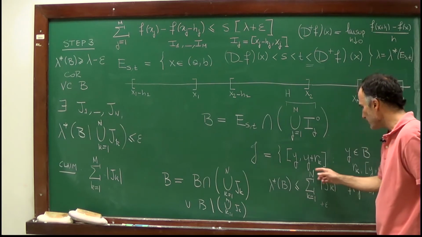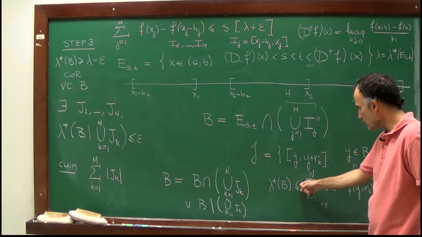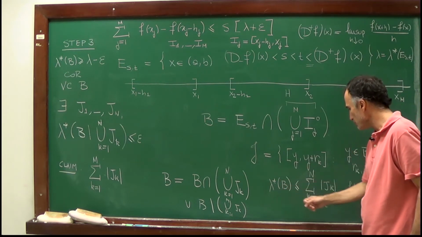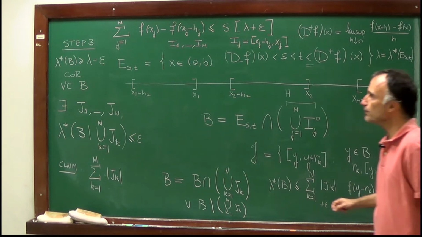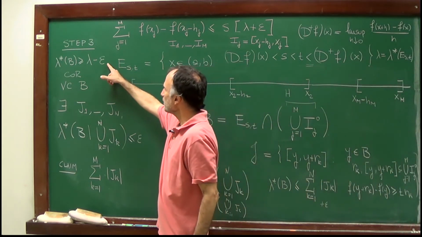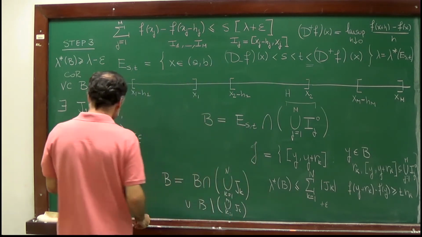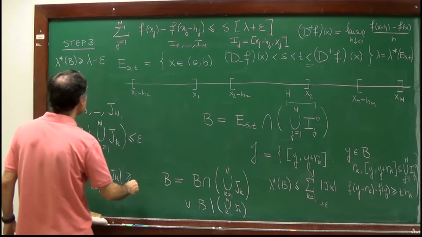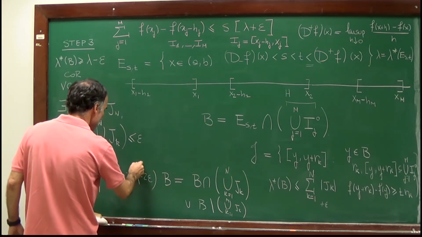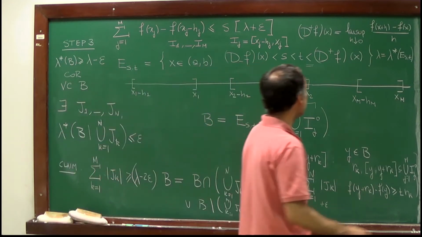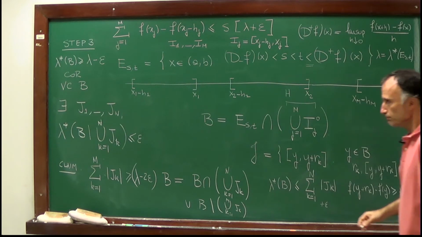So this means that the total length of these intervals gk is larger or equal than the outer measure of B minus epsilon. But the outer measure of B is bounded below by lambda minus epsilon. This shows that the total length of these intervals is bounded by lambda minus 2 epsilon, where, remember, lambda is the outer measure of E, right? So